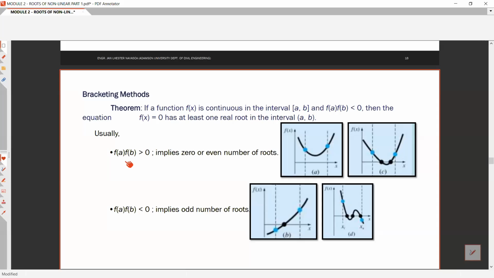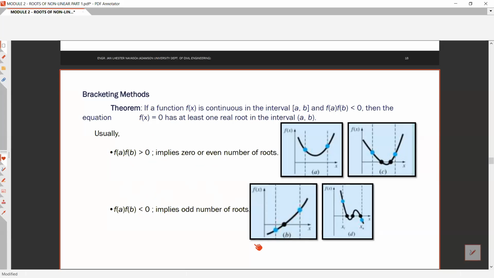Usually if fa multiplied by fb is greater than 0, it implies 0 or even number of roots. If fa times fb is negative, it will imply an odd number of roots. It doesn't really matter, basta bracketing method, usually nga fa times fb is less than 0, nandun yung root